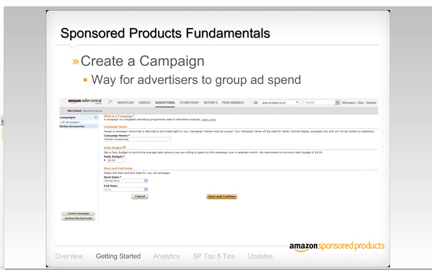We start by creating a campaign. Think of a campaign as a way for you to group your advertising spend. For example, say you are an appliance seller with a variety of appliances to sell. You would like to create a campaign for all of your kitchen appliances. In this case, your campaign name could be the Kitchen Accessories Campaign. You simply enter the campaign name,